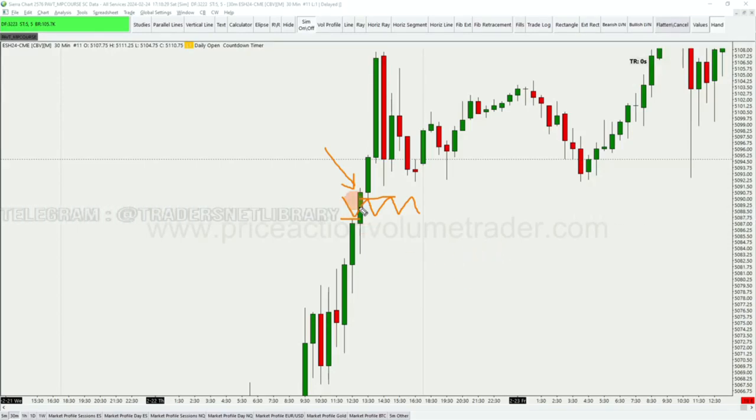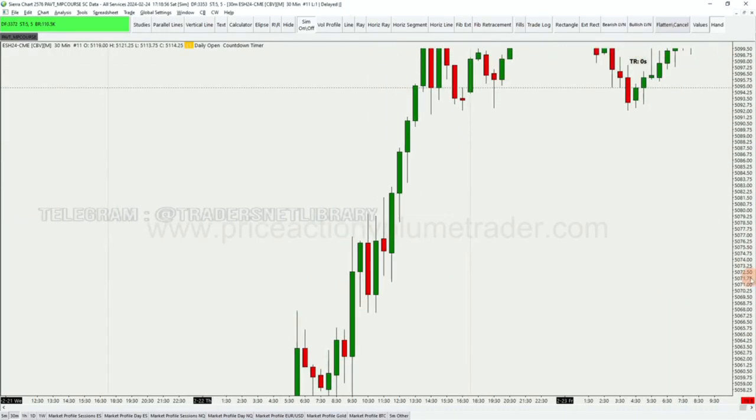For us, in market profile terms, this is a single print, and in volume we could also call it a common gap. Basically, a common gap is an impulsive one-way move that we expect to be filled back at some point soon. Okay? Now, for example, if I zoom out here,